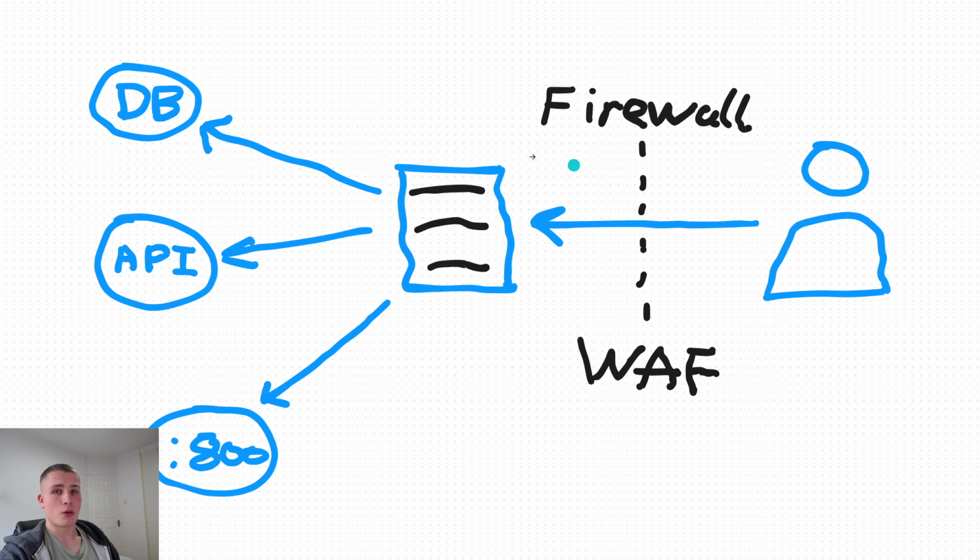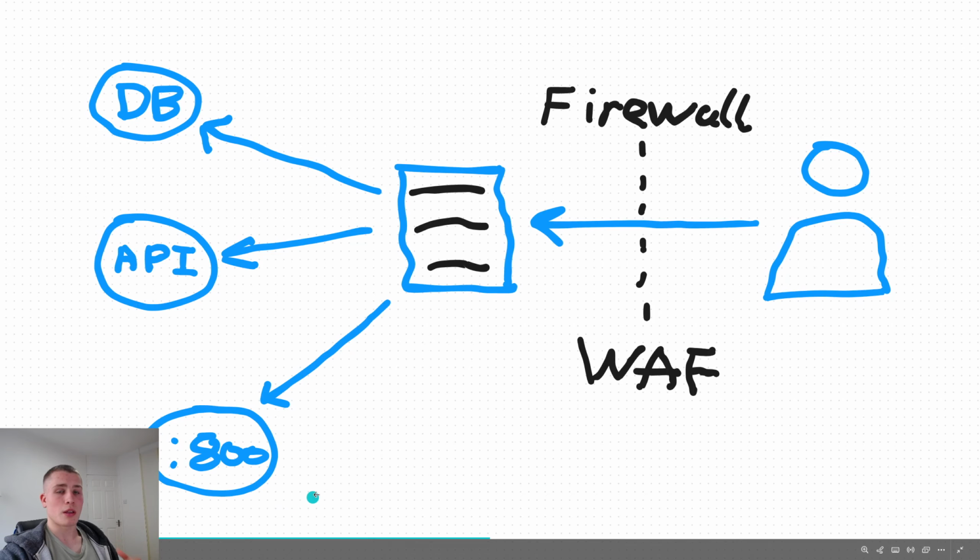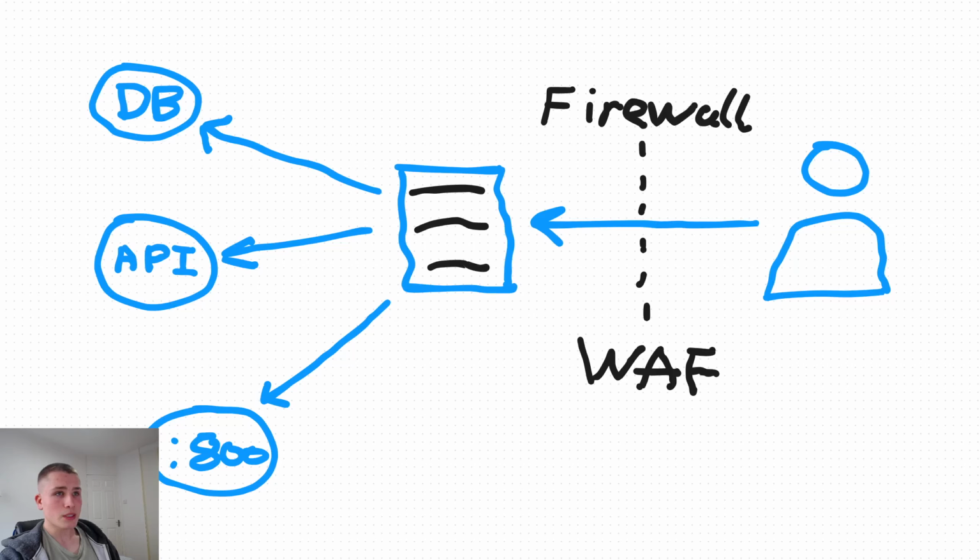So this website is hosted here on, say, port 80 and 443, and then there will always be internal services like a database, an API, and maybe some other internal service or whatever. These will not be accessible to the user, and it's the job of the firewall to regulate that. But the website will be able to send requests to those services. So server-side request forgery is basically us being able to access these services by using the server as